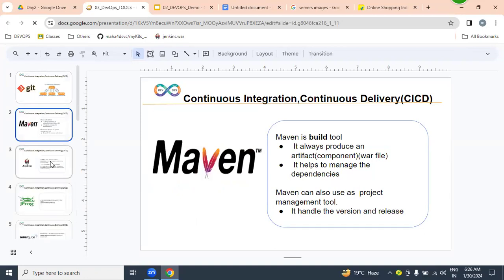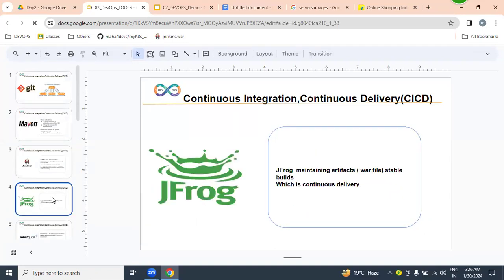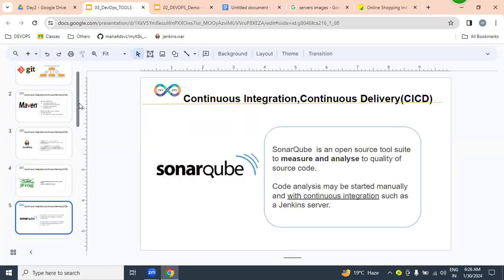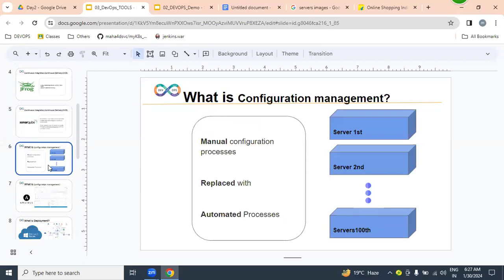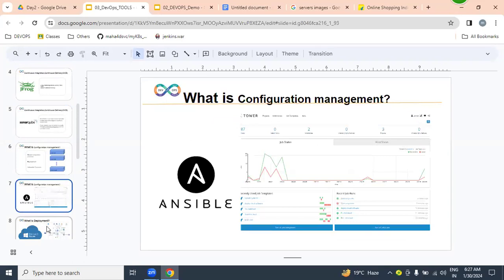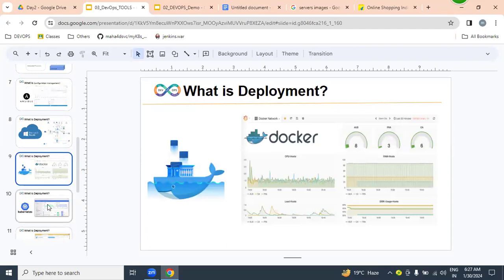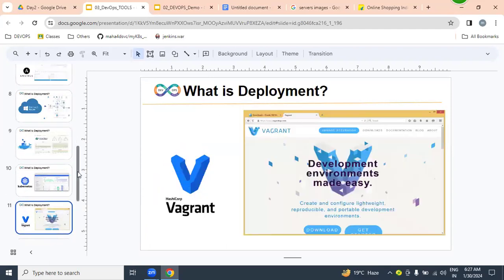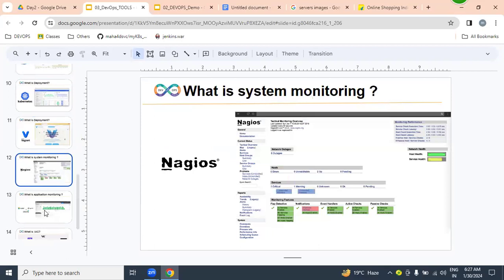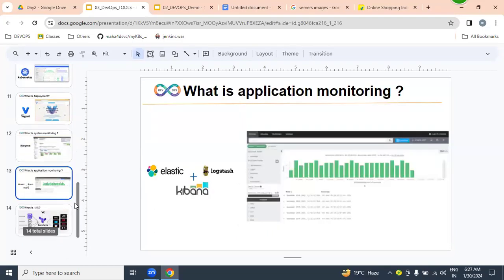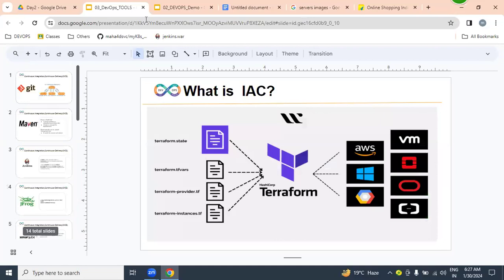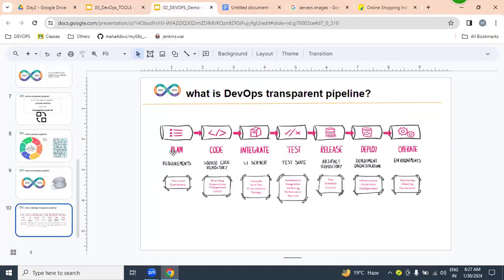Git, Maven, Jenkins, JFrog, SonarQube, Ansible, Microsoft Azure, Docker, Kubernetes, Vagrant, Nagios, ELK, and Terraform. So these are all the tools we are going to be using for implementing this DevOps transparent pipeline.